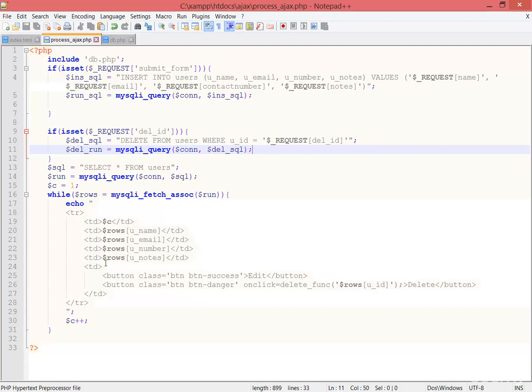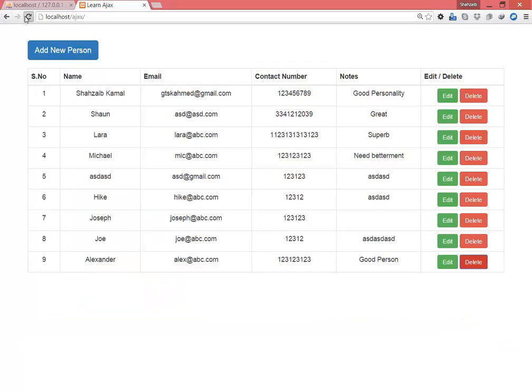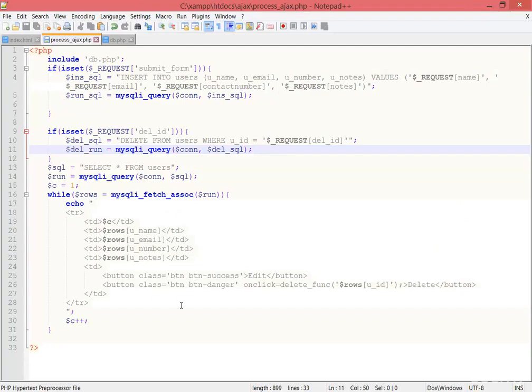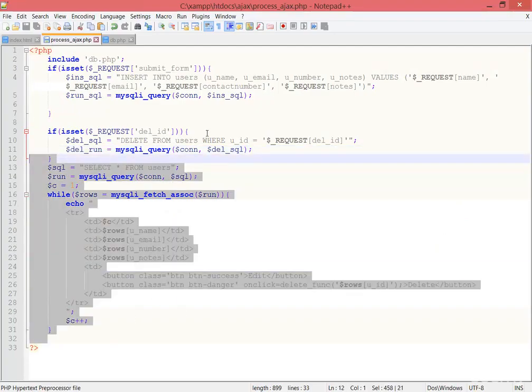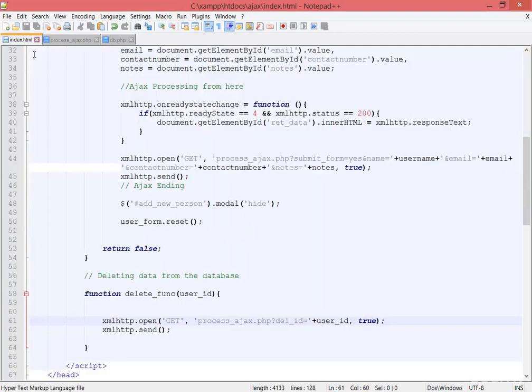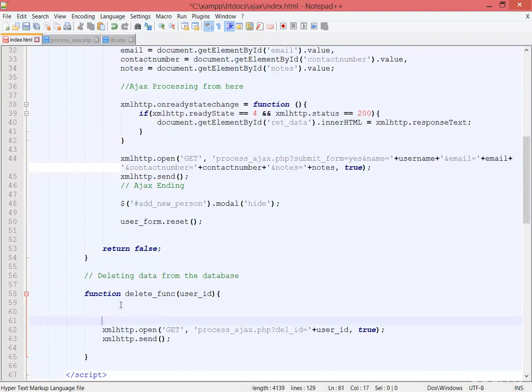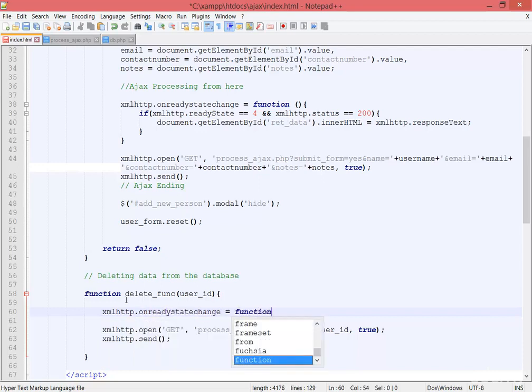So basically the page is reloading in Ajax automatically without refreshing the page. If I save, and go to the browser, and click on the refresh button, but something more we need, where we are getting the data with this request, we're not getting the data with this request. So here we need to call the ready state change. Now go there, xml http dot on ready state change equal to, and I'm assigning the function with it,